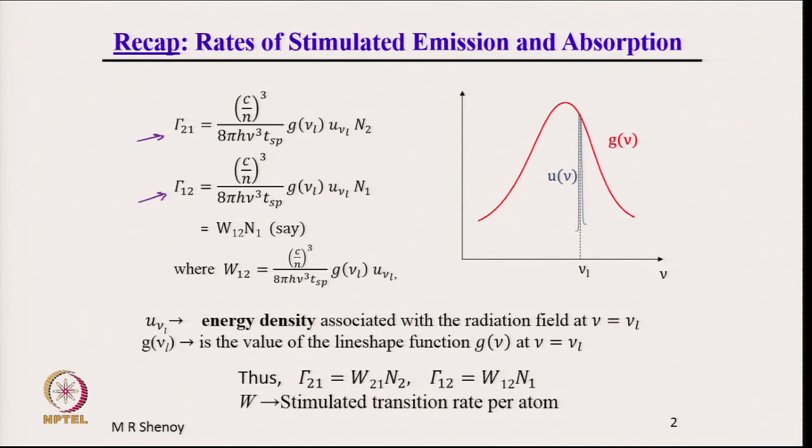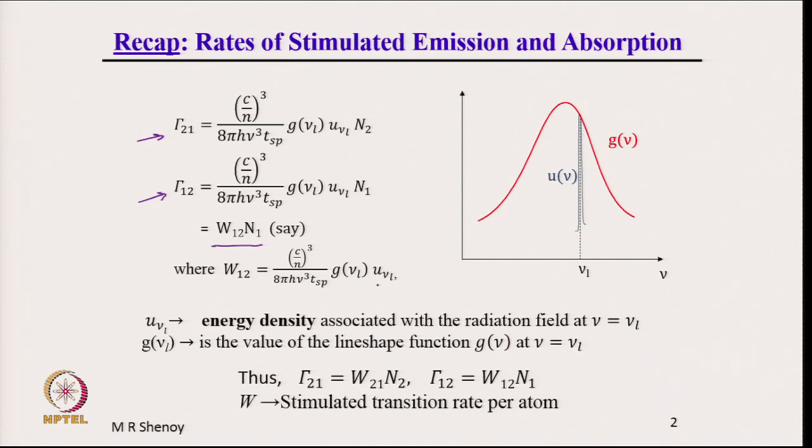The expression gamma 21 is the rate of stimulated emission, which means the number of stimulated emissions per unit time per unit volume, and gamma 12 is the number of absorptions per unit time per unit volume. So, gamma 12 can be written as W12 into N1, where W12 is all the rest of this term except N1. So, W12 is this,